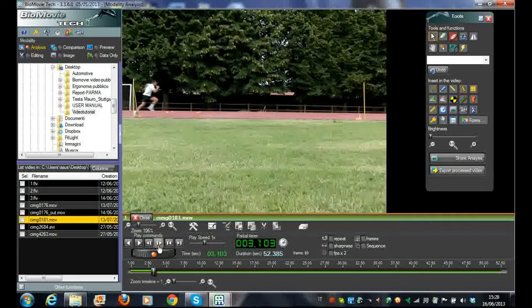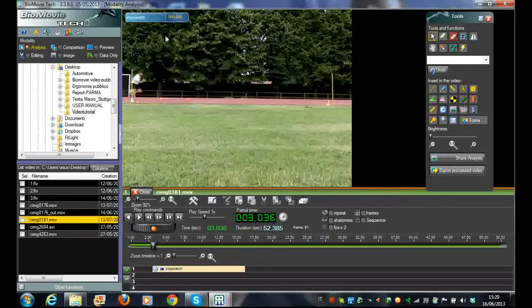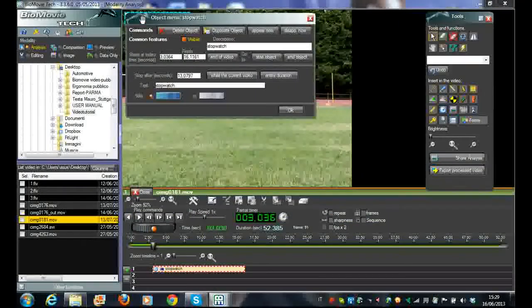So in this moment, for instance, or you can decide to start the registration of the video when the center of gravity overcomes the start line. So we decide on this kind of option. With this last option, you see that our center of gravity is on the start line. In this moment it is overcome, so we put the chronometer here and we can personalize it, giving another name, for instance, first